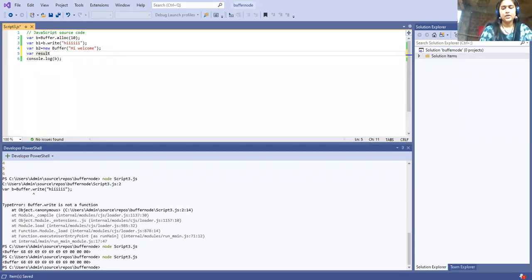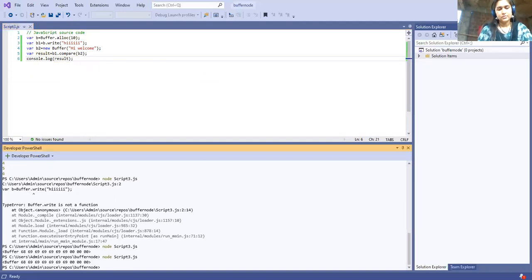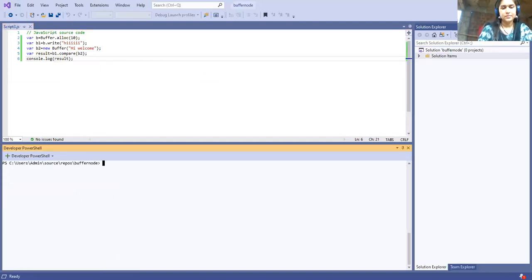So result equal to b1.compare, and the second argument b2 you have to pass. Now two buffers will be compared, and the value, less than 0 or greater than 0, whatever it will be, will be in the result. So let us see what the output is. I'm going to display the result. So what will be the output? I just clear the screen.